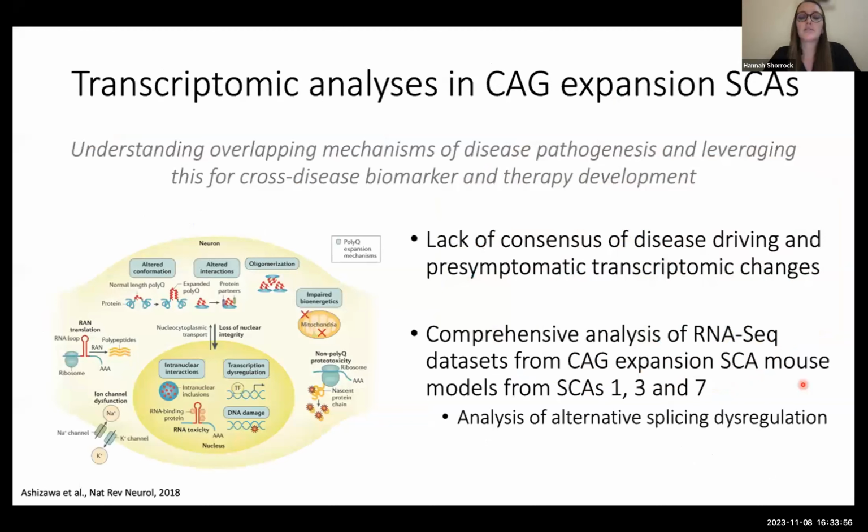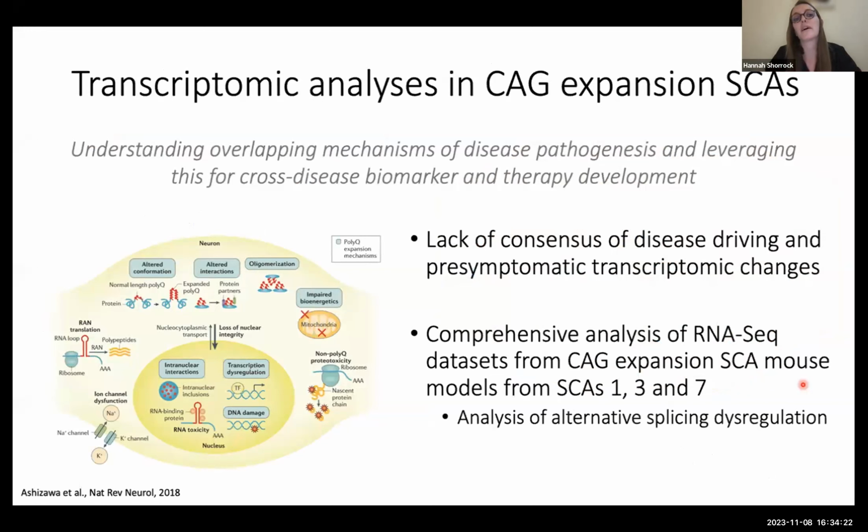So I'm particularly interested in understanding overlapping mechanisms of disease pathogenesis and working out how we can leverage this for cross-disease biomarker and cross-disease therapy development. And so I was really struck by there being a lack of consensus of particularly pre-symptomatic disease-driving transcriptomic changes in the CAG expansion SCAs. And so I was really interested